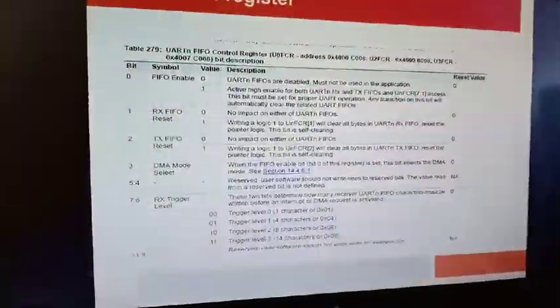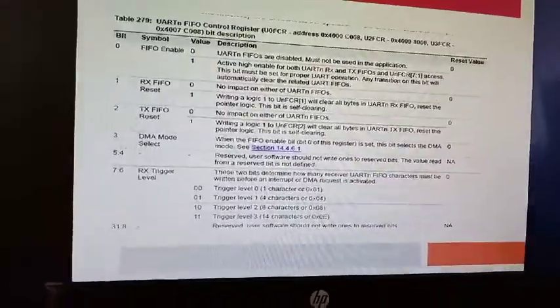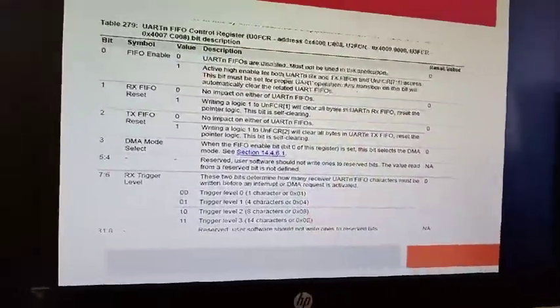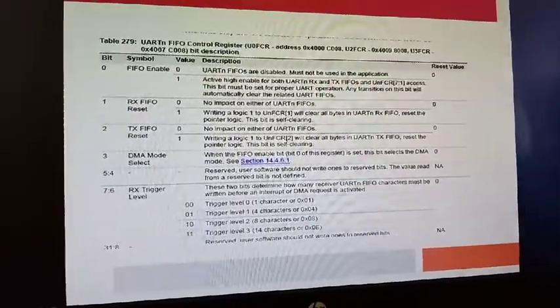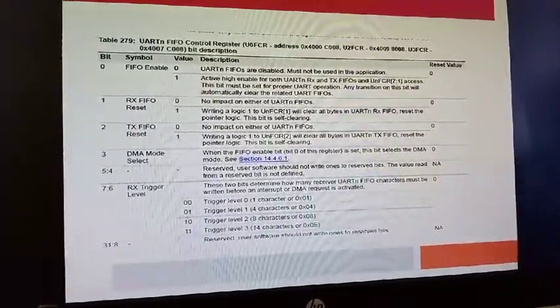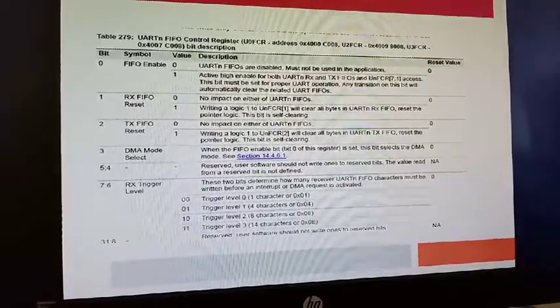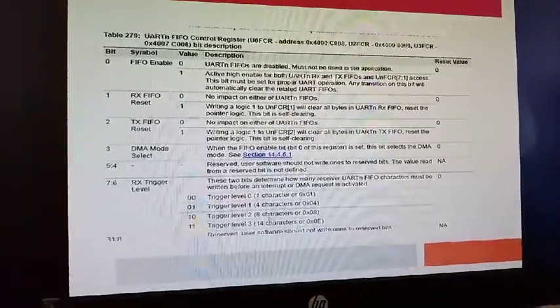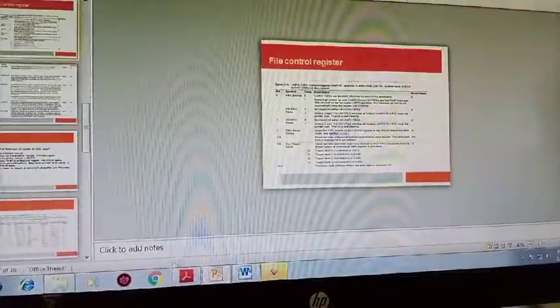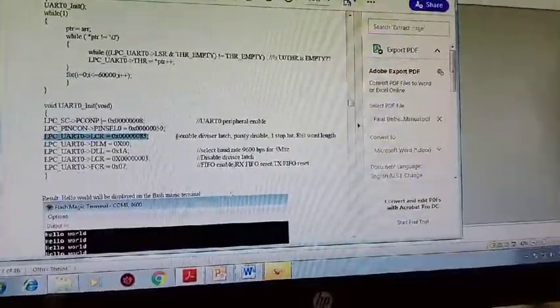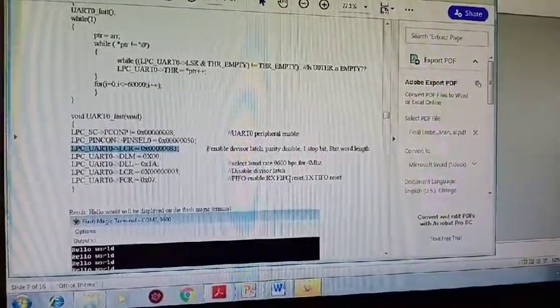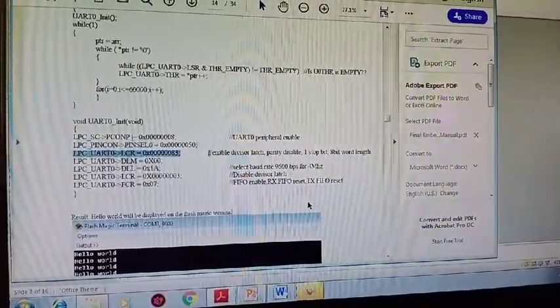Then the next register is your FIFO control register, which stands for FCR. Under your FIFO control register, you should have only your FIFO enable. You have to enable your FIFO, reset your receiver FIFO and reset your transmitter FIFO.